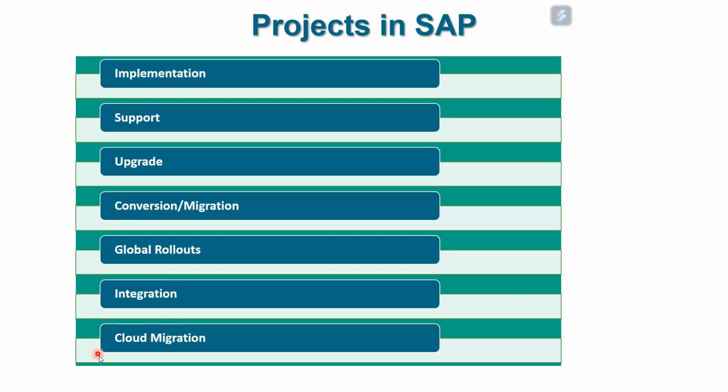And finally, cloud migration. So a company is on premise, they have SAP on their own servers. Now they want to move SAP to AWS servers or Google servers or Microsoft servers. When the SAP is moved, the whole lot of testing needs to be done again. Is SAP working properly or not? Is every process working or not? Is all the data in place or not? Could we get all the customers from here to there? Could we take all the vendors from here to there? Could we take all the materials from here to there? All of those things you'll tell them when you are part of these projects.